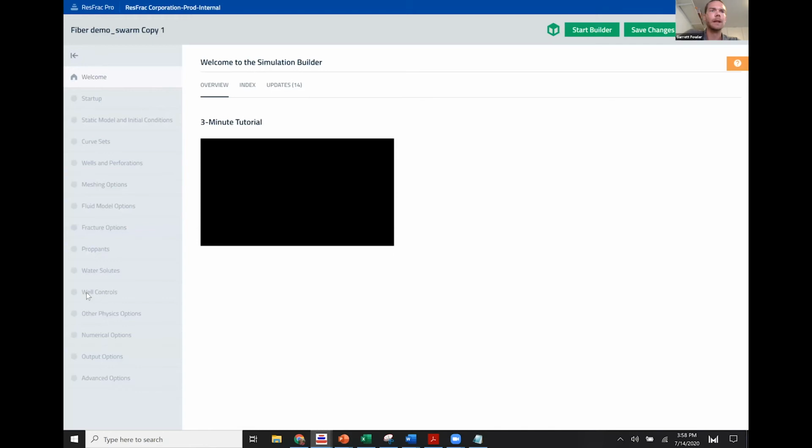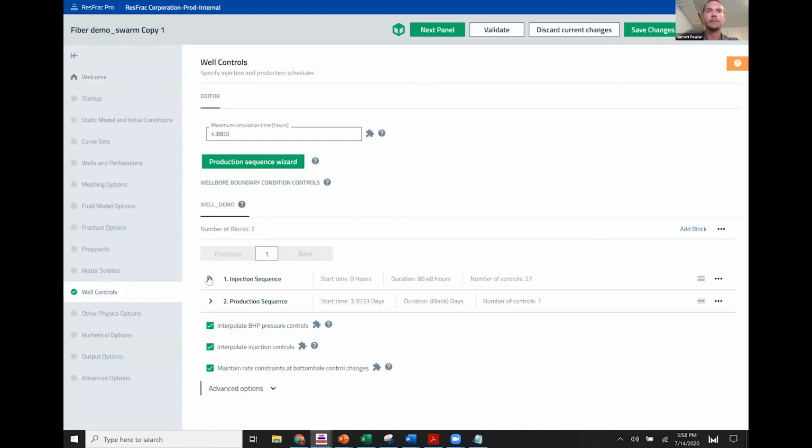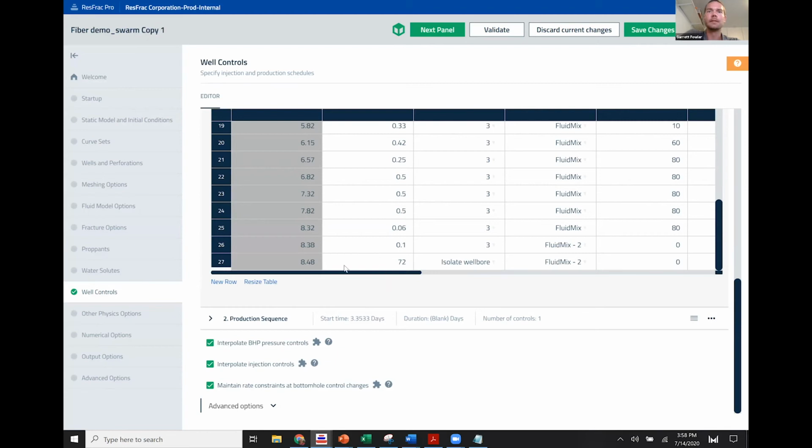So if I come back to well controls on my simulation copy here, you can see that 3.06 days is going to be in the middle of this shut-in. So as long as I started that shut-in or the new control after 3.06,